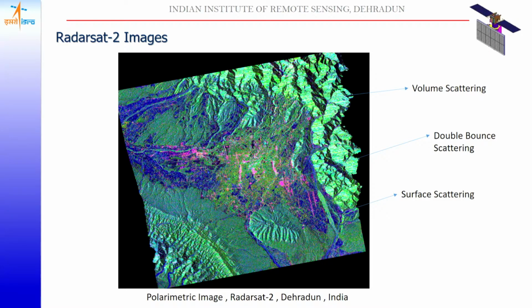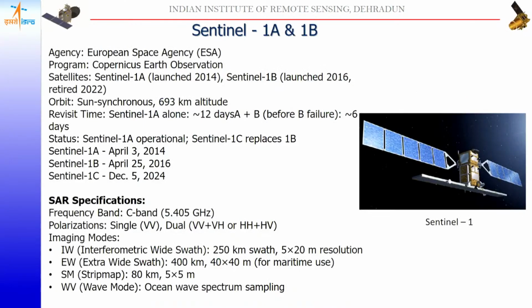So depending on the different decompositions, we can detect a particular target with the fully polarimetric capability of the SAR sensor. RADARSAT-2 has this capability of full polarimetric SAR. Now, recently the launch of Sentinel-1A and 1B, which is mostly used because it is free